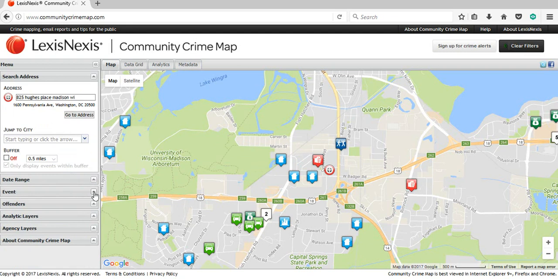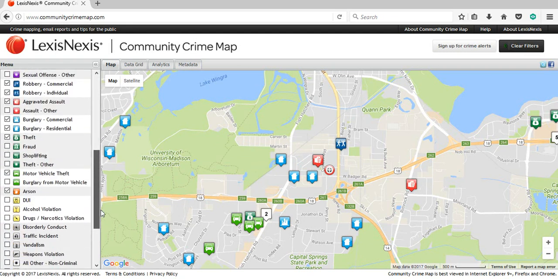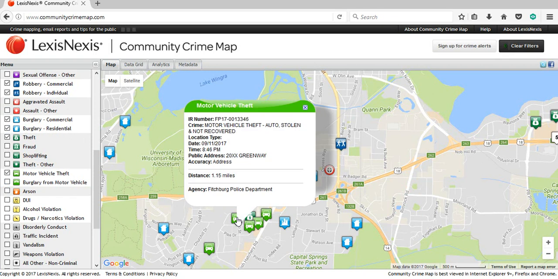Alright, so next is the events. This is the big one. This is what these guys are out here. So the events are all these different icons, and they correlate to the crimes on the left-hand side. So right now, I'm going to take arson off, but I'm going to just select a few. So if you see, the house corresponds to residential burglary, and the car to motor vehicle theft, and so on and so forth. So if I click on here, I'm going to get